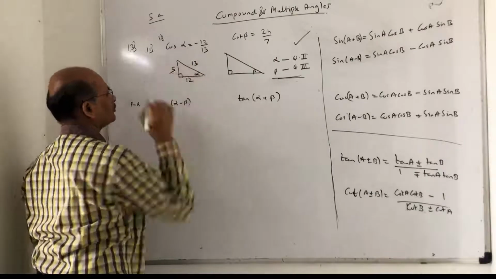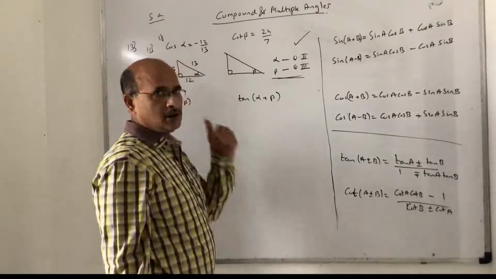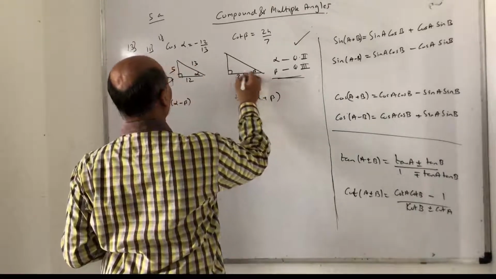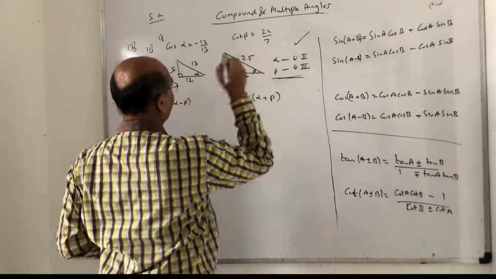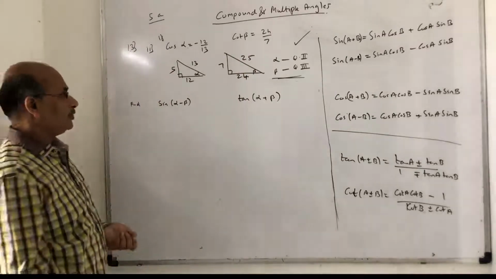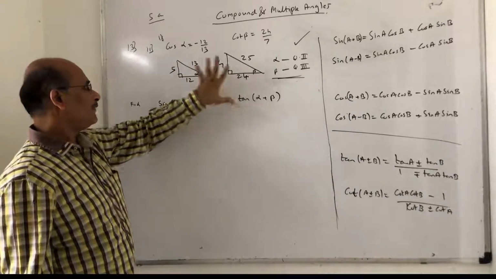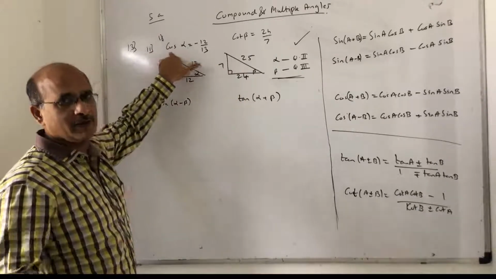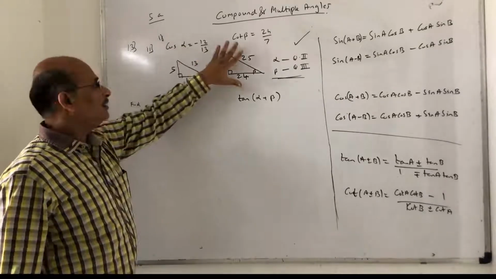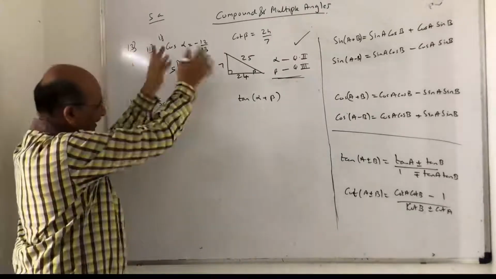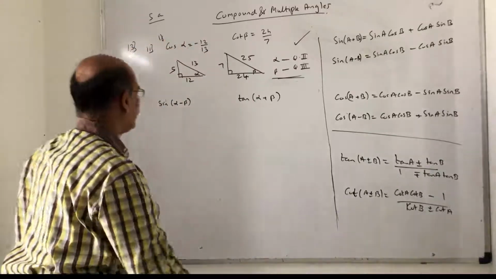So by Pythagoras theorem this will be 5. Similarly, cot is adjacent upon opposite. So this is 24 and this is 7. So 49 plus 576, so I think this is 25. Right? Okay. Now I think it's fine. The missing sides are 7, 24, 25. Now why am I doing this? Because I told you in the previous topic, whenever it is conditional, meaning they give you the value of some trigonometric ratio, whether I use it or not, that's a different story. Just get the missing side of the right angle triangle. It is going to really help you a lot.